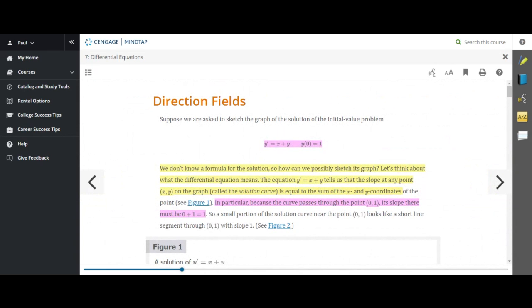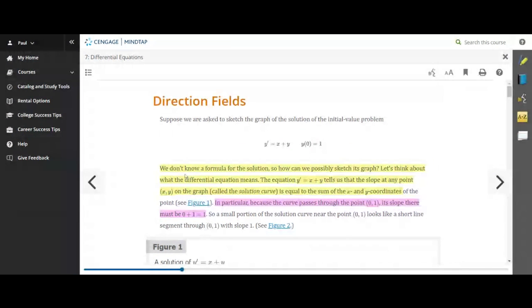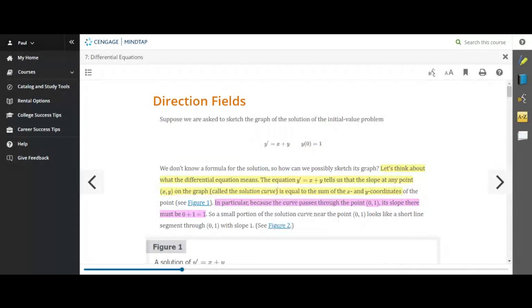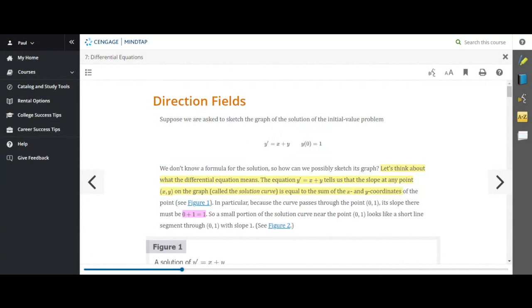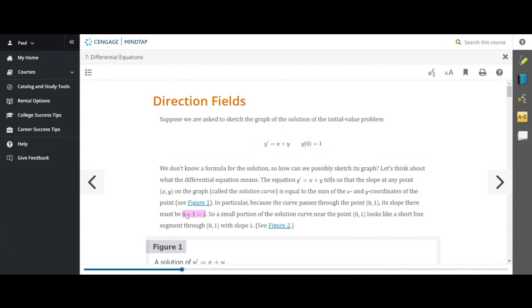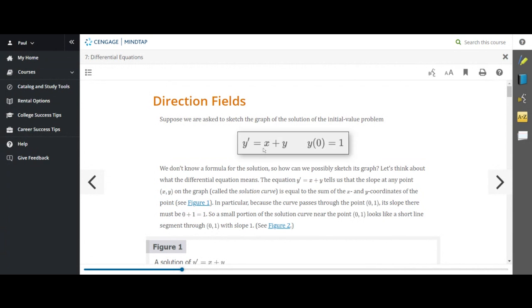Okay, but maybe just to make it a little more dynamic, I'll unhighlight it and then highlight it. Okay, sorry class, let me just get this. Thank you. Okay, so this here